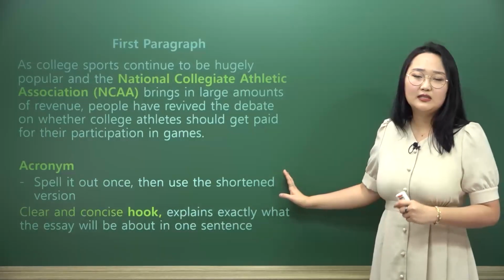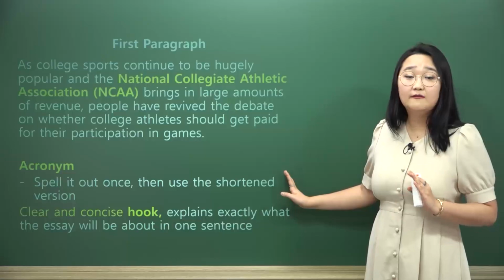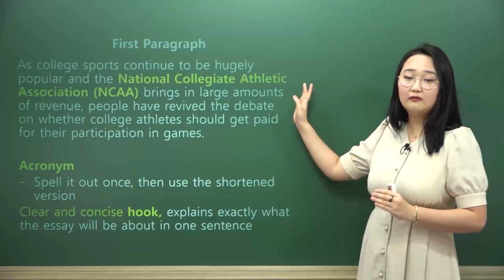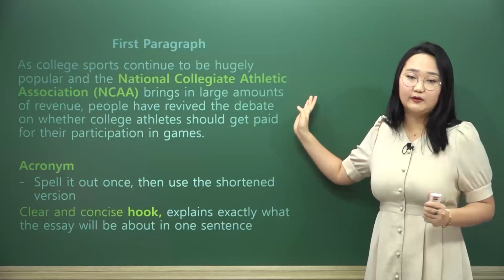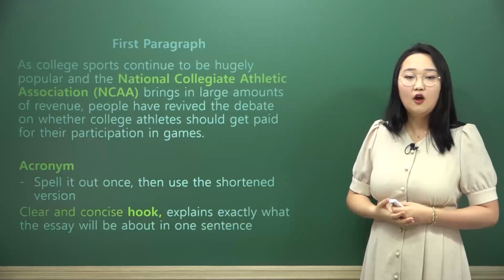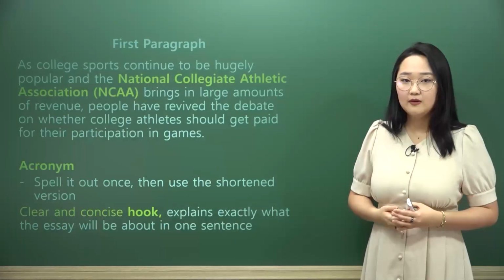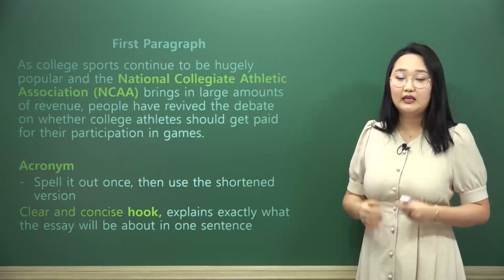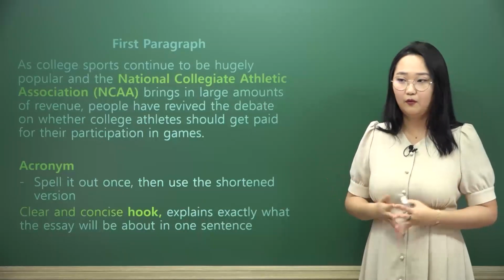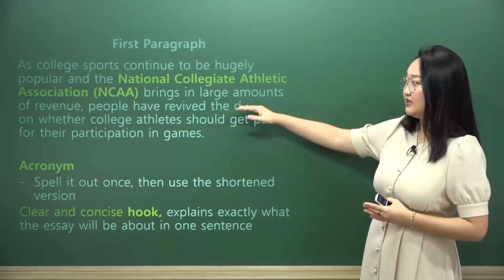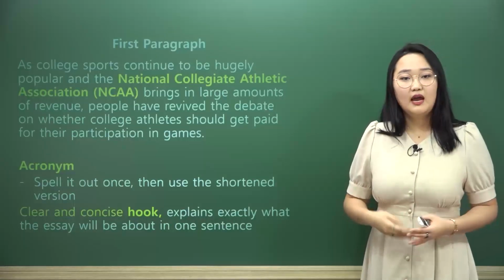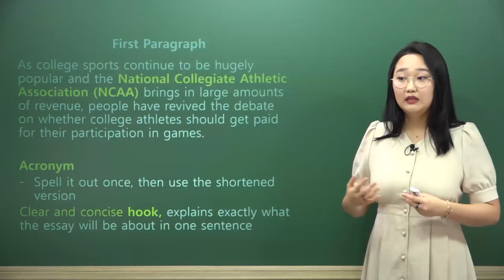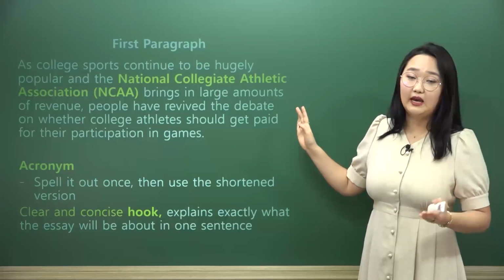So what we want to do is we want to spell it out for whoever the reader is in the very beginning. The first time we mention it, remember this, the first time we mention whatever it has that acronym, we need to write every single word out. If we're talking about AP, we need to write Advanced Placement. If we're talking about IB, we need to write International Baccalaureate. After that, in parentheses, we'll put the acronym, so whatever it is going to stand in for. So here in this instance, we have the NCAA, and then after that, you don't have to write everything out again. Instead, you can just use the acronym, and that will lead the reader back to this point if they end up forgetting what it might mean.